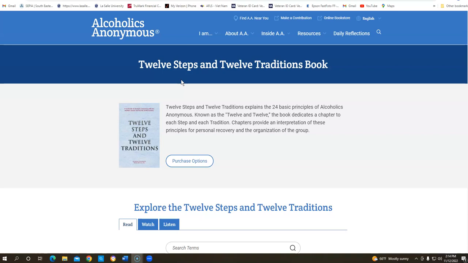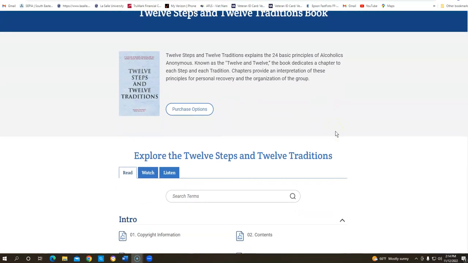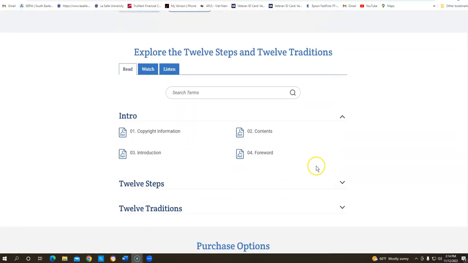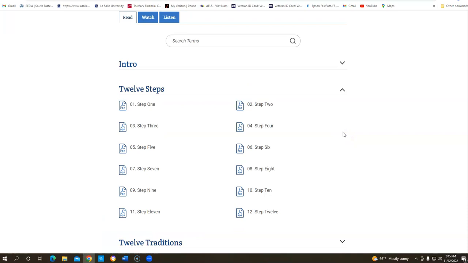Okay, everyone, I have jumped out of Zoom and have come to the browser, and I've come to aa.org, and I've come to a spot in aa.org with the 12 Steps and 12 Traditions book. So let's say tonight we're doing the third step. So I'm on, if you see here, read, I can go down to steps, and then step 3,